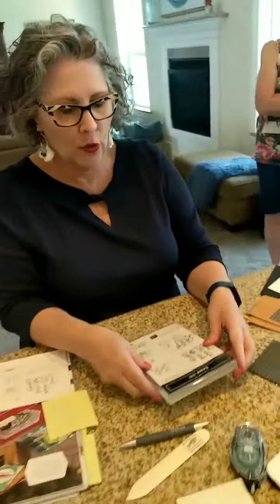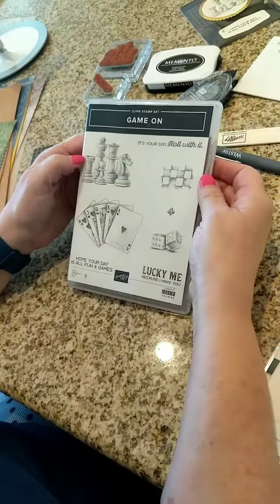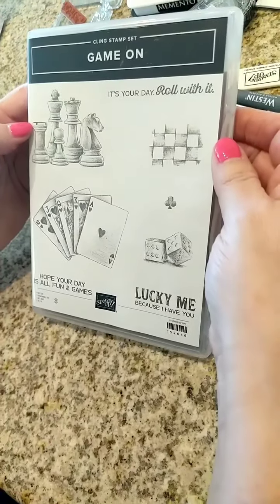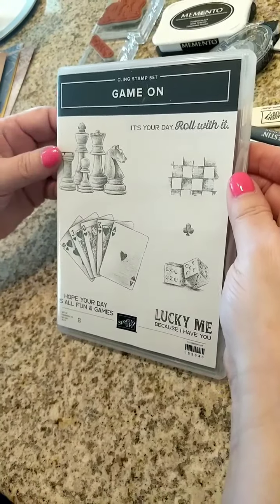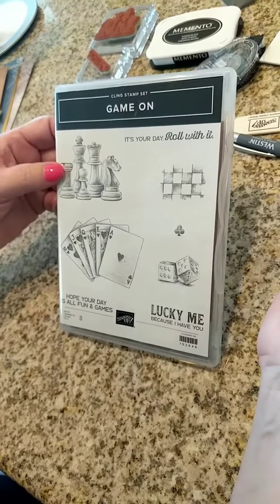I'm going to have Paul come around and show you what stamp set I'm going to demonstrate with today. It's called Game On, and it's in the new annual catalog. It's on page 28. It's a fun set, even if you don't love playing cards or rolling the die or taking a chance. It's just kind of a different stamp set,